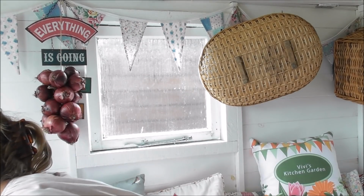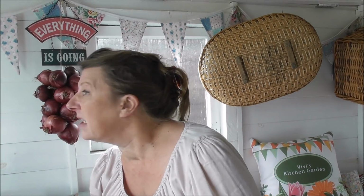Oh, that's a big aeroplane of some sort. Hang on a second. Oh, I can't see it. Sounds like an old biplane or something. Anyway,